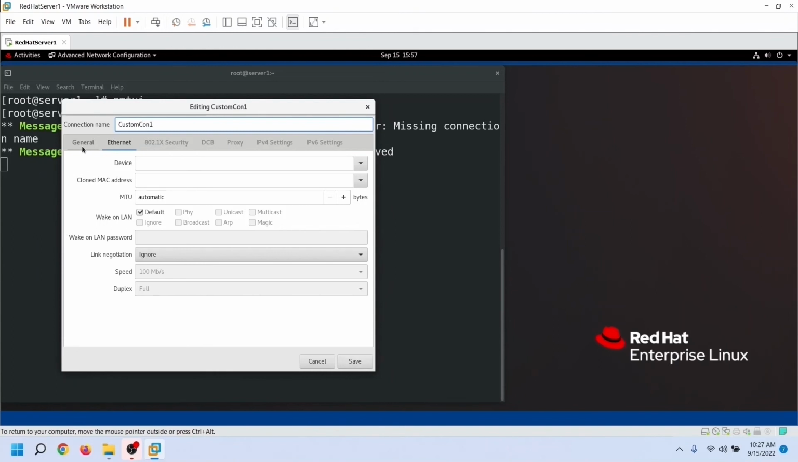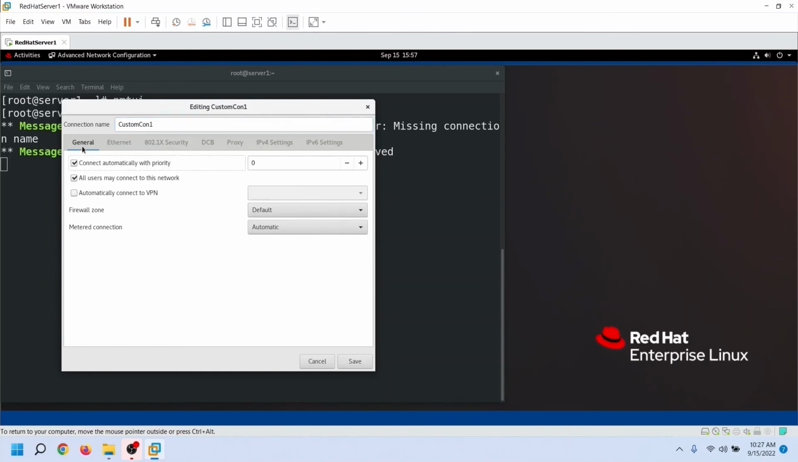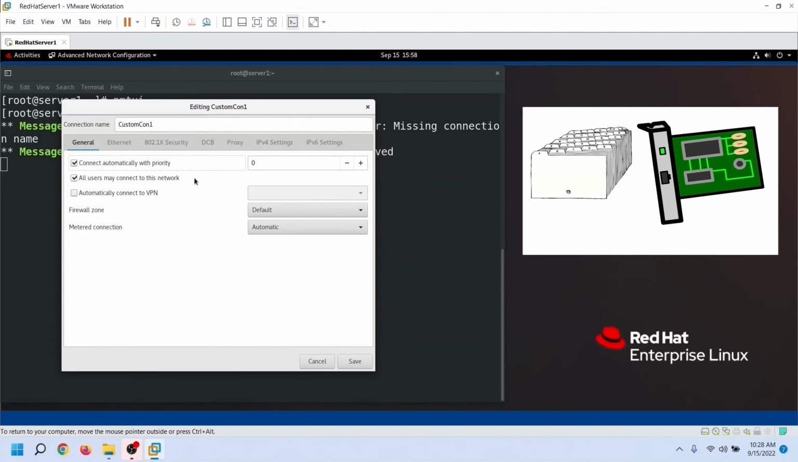On the General tab, we have two important options. These options are Connect automatically with priority and All users may connect to this network. Let's understand these options in detail. You can create multiple connections for a device but can use only one connection at a time. If you select this option on all connections, Network Manager will automatically pick and use the appropriate connection to connect